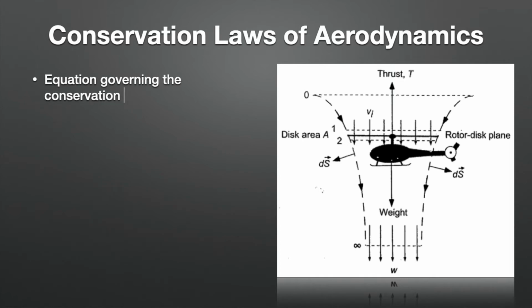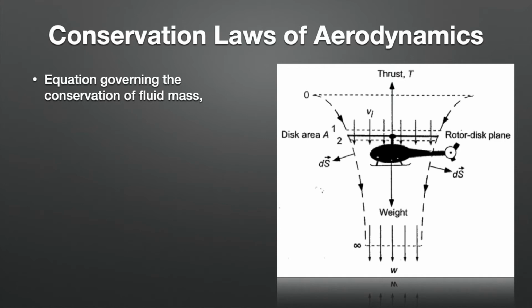Consider a hover problem. Let the control volume surrounding the rotor and its wake have a surface area S. Let a differential of S, dS, be the unit normal area vector, that is the outward facing normal. You can see the arrow mark dS, it is a vector unit. By convention it always points out of the control volume across the surface S. So the boundary is your slipstream.